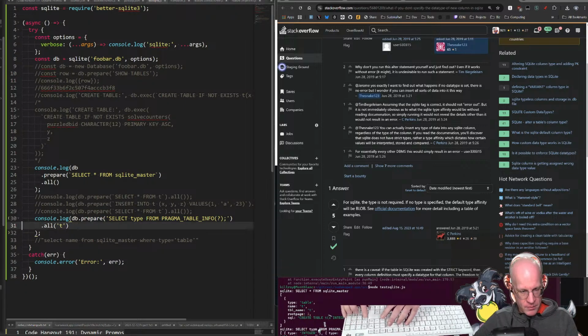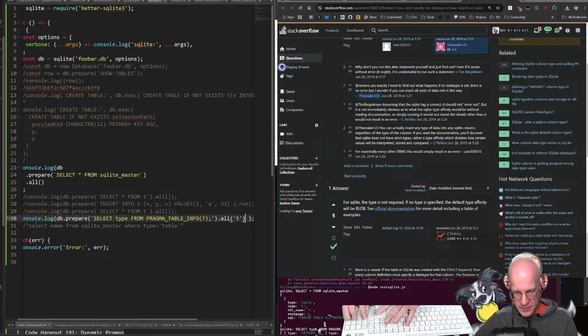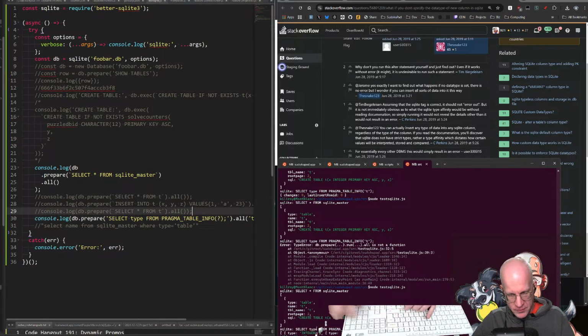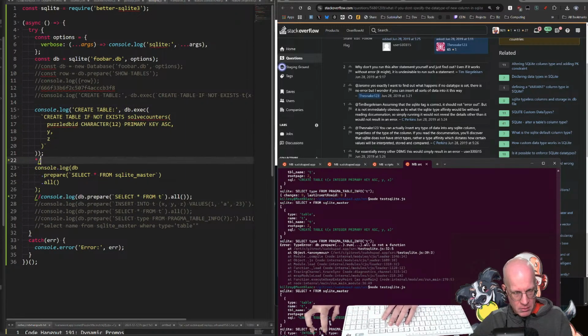Okay. I'm starting to get some basic tools of how to query this. Can't believe I've never gotten this far into SQL so far. It's insane. Okay. So we're going back to here. We want to create a table. We want puzzle blah blah blah ID primary key. And then